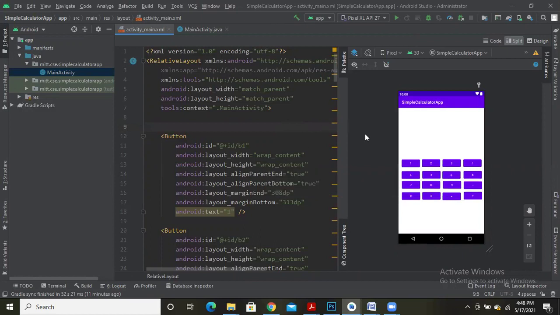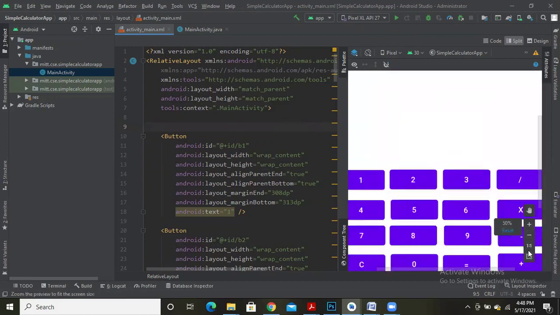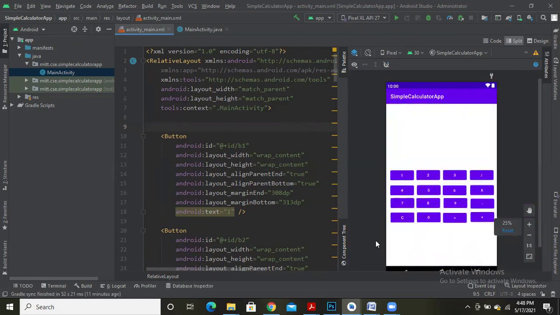So this is how your template is going to look after adding all the buttons. I had added buttons and renamed them as 1, 2, 3, 4, 5, 6, 7, 8, 9 and 0, the way it looks in a regular calculator. And I had added buttons to represent the operations for addition, subtraction, multiplication and division. And there is a button for assignment, equal to, which is going to give you the result when you click on it. And I have created one more button, C, which is going to clear the content when you click on it. So this is how I added buttons onto the screen so that it looks like a regular calculator.